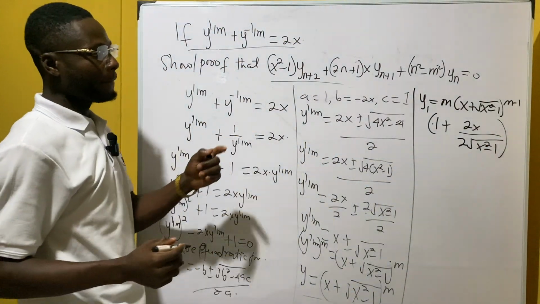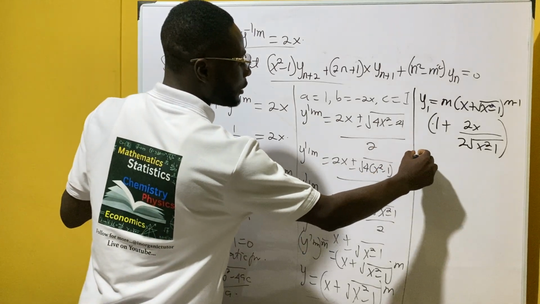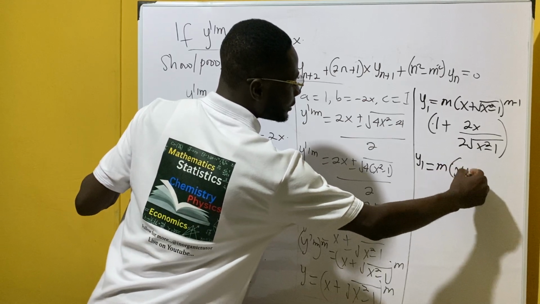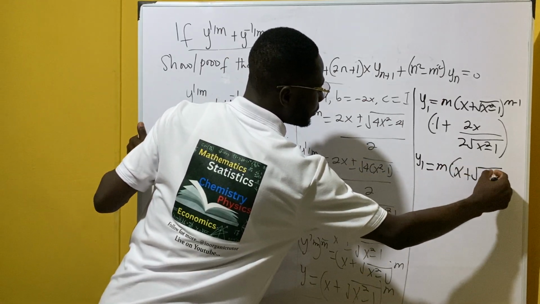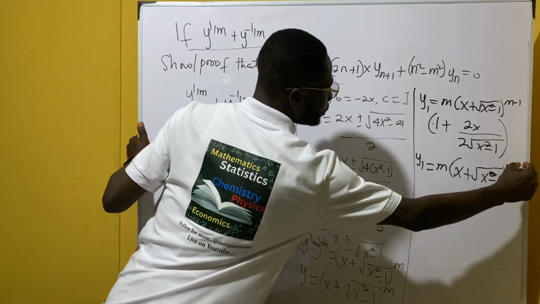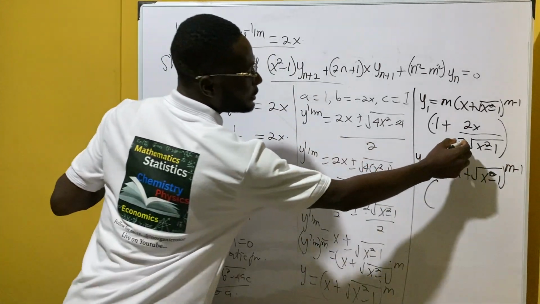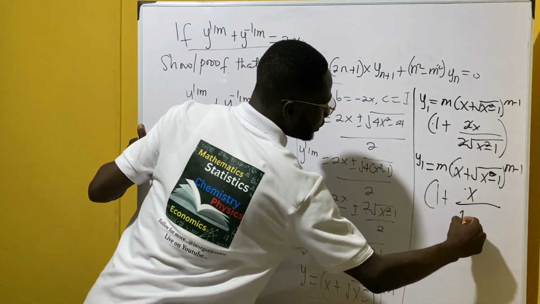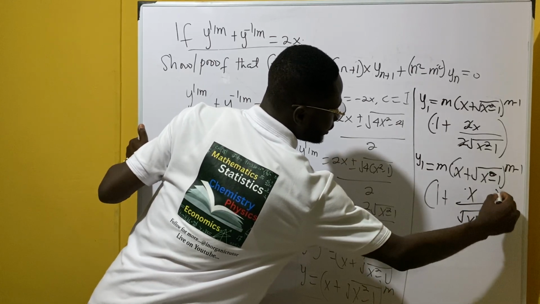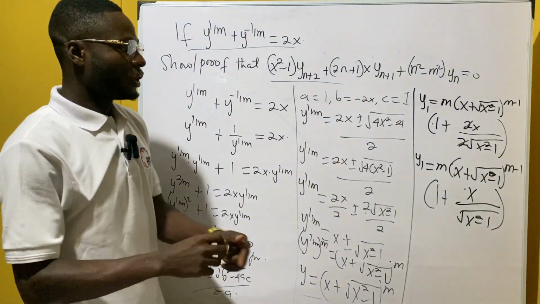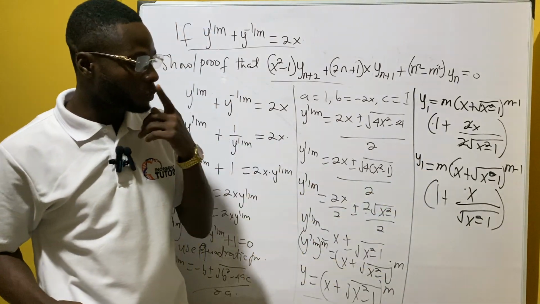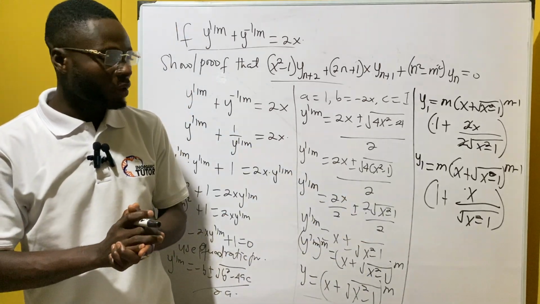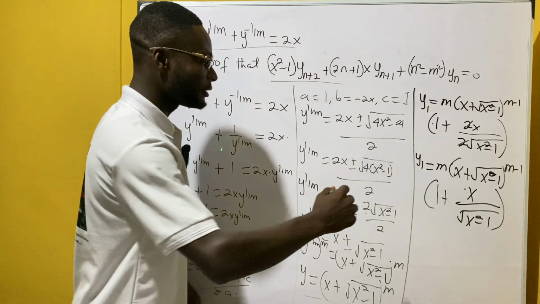This right here. So we can say that we have y prime is equal to m into x plus square root of x squared minus 1 to the power m minus 1 into 1 plus x all over square root of x squared minus 1. This right here, we can still break it down. So what we have to do right here is multiply through by square root of x squared minus 1. So when we do that, then we are going to have